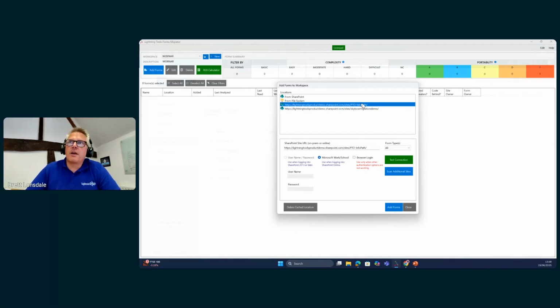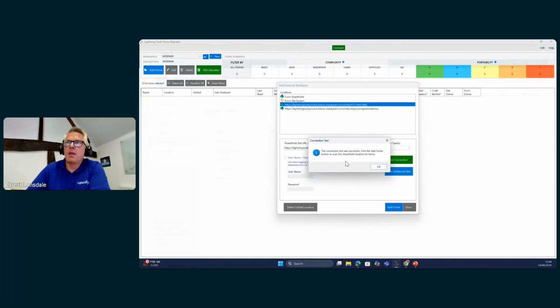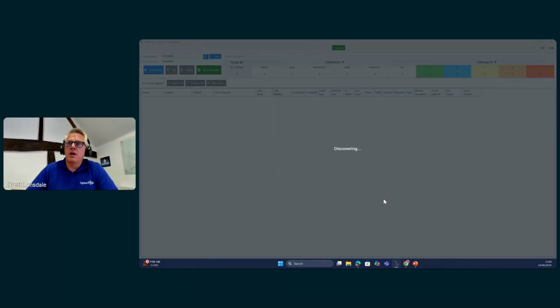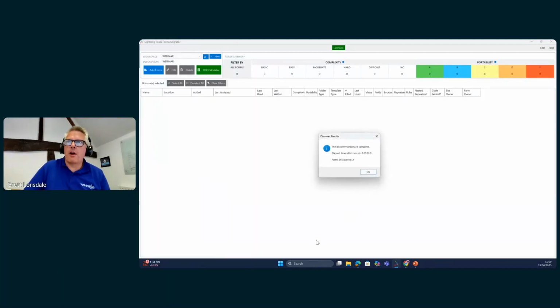So I'm just going to discover some forms from this location here, PTO InfoPath, and I've already authenticated with this SharePoint site. So you can see when I test the location, it's all legit, it's working. And what I can do is just add the forms from that environment. And it's discovered inside of that site collection 2 different form libraries. So when we choose OK,